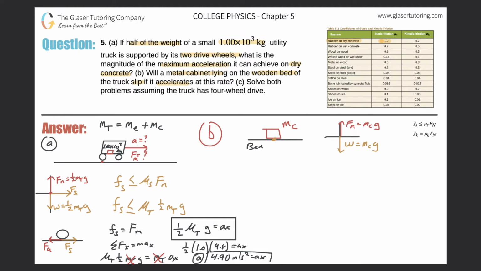So just know that we have the same basic setup here, that the force of friction is pointing to the right, and that's what's going to be pushing it to the right. Okay, there's the force of static friction, but now it's not the same as this. It's the same concept, but not the same number, because here I am talking about the cabinet, not the